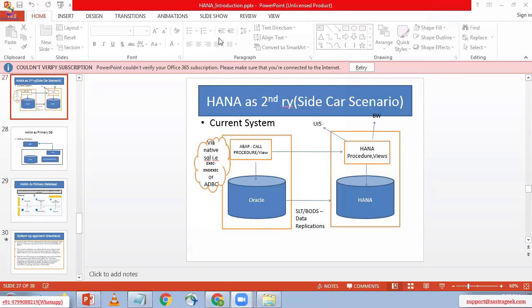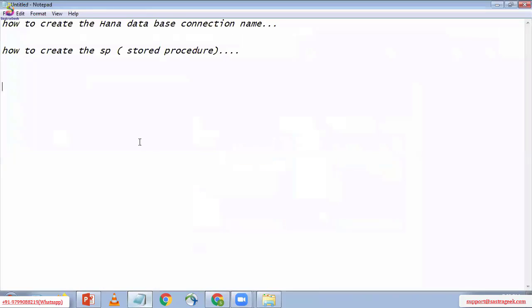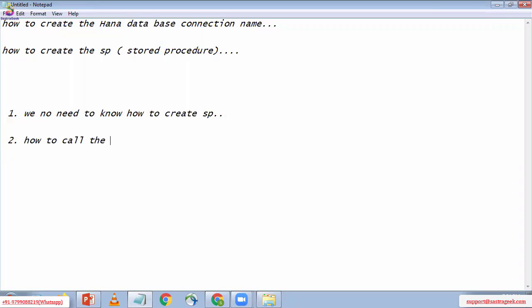Without learning stored procedures, we can also solve the errors. But as an ABAP on HANA consultant, we need to know how to create the stored procedures, and next how to call the stored procedures.